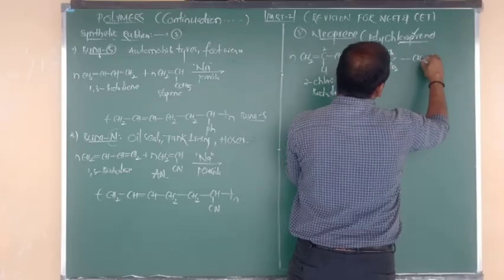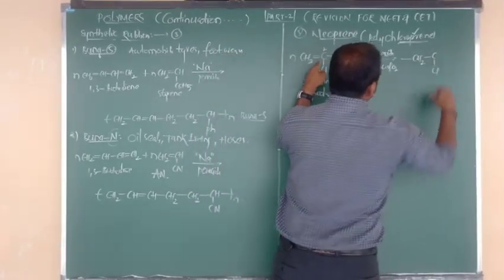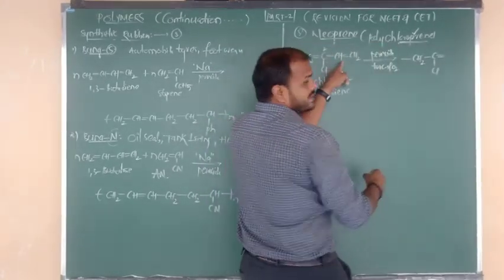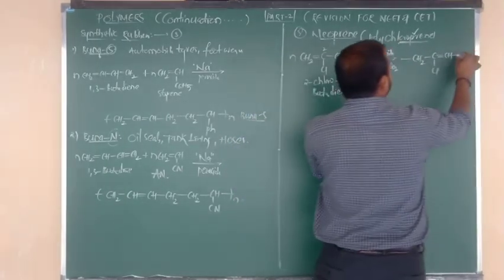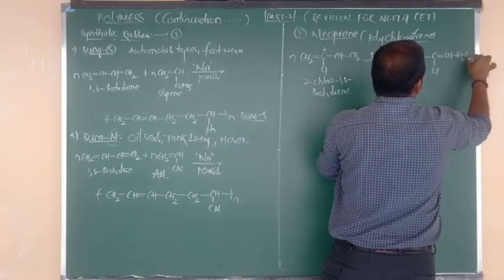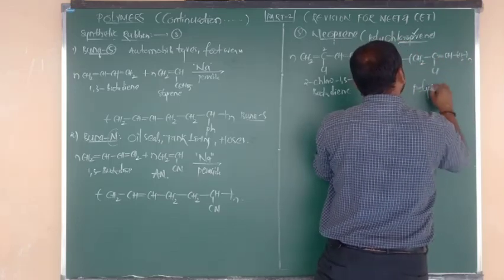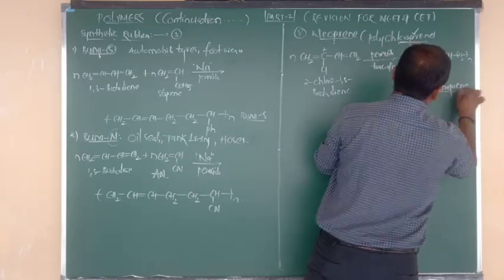So the product is: bond, CH2, the double bond becomes a single bond. C below the plane connected to Cl, again here the single bond becomes a double bond. Next it is connected to what group, beta? CH, again the double bond becomes a single bond. Again it is connected to CH2, taken n. So this is your polymer. The polymer name is polychloroprene, and also we can say neoprene.